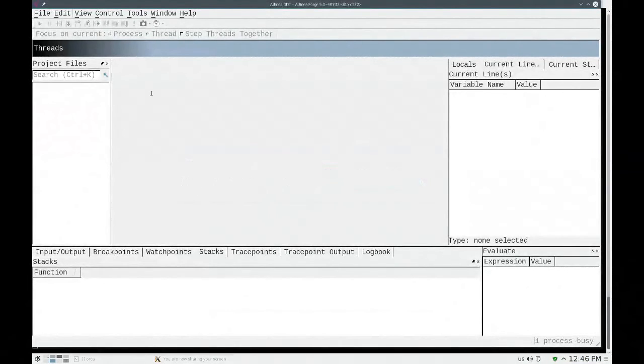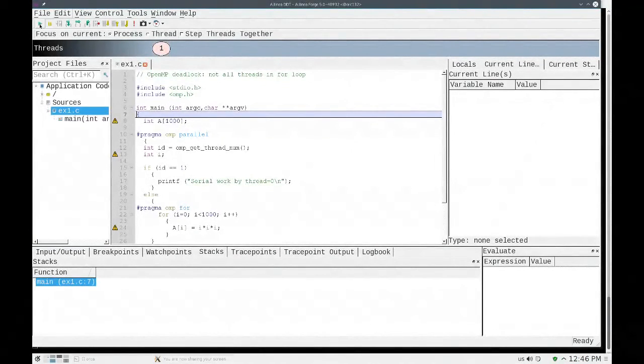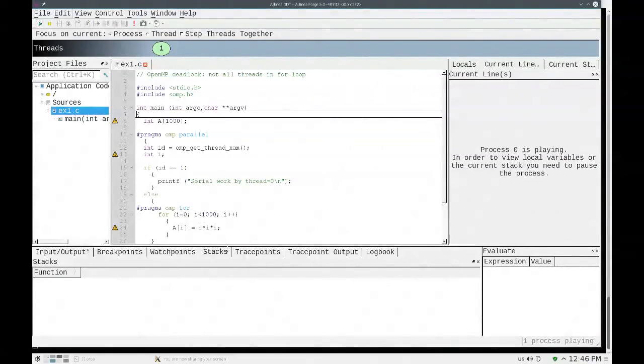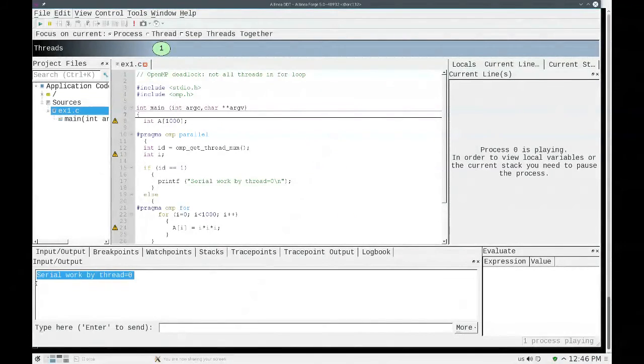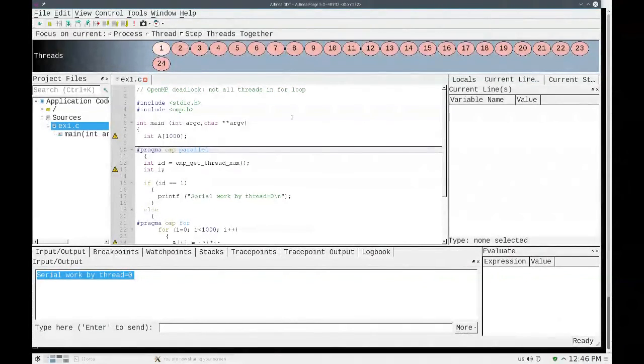So this is deadlock, and it's convenient to deal with by just using it as an MP3 player. Press the play button, then you can switch to the input-output tab to see the output of your code. It printed that statement and nothing else is going on. We can press pause. Unlike MPI, in a deadlock situation like this, it would actually show me exactly where